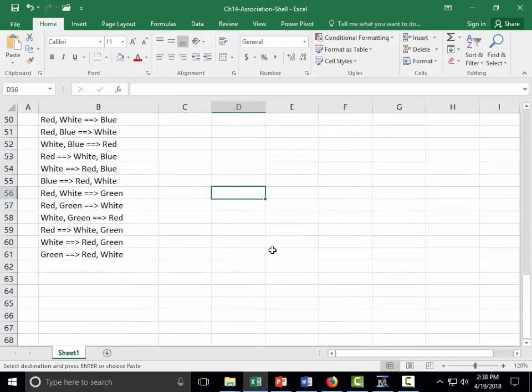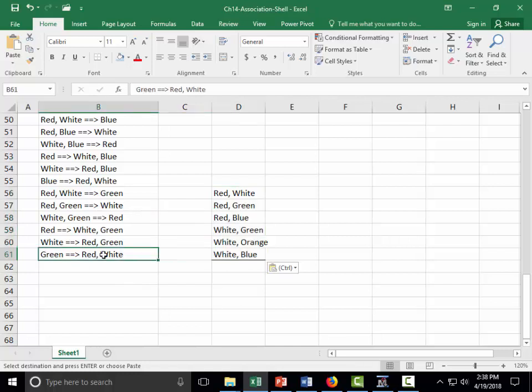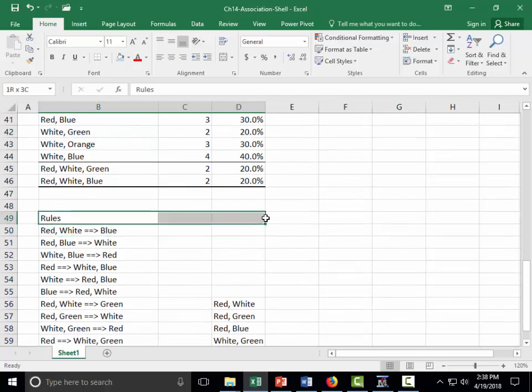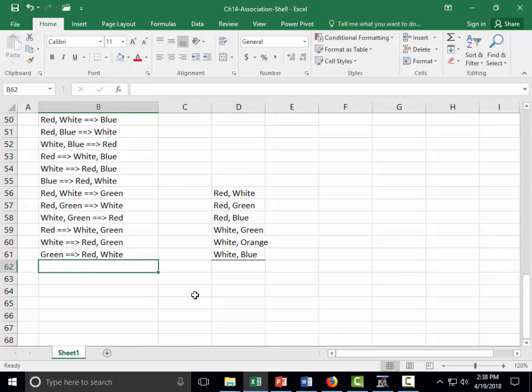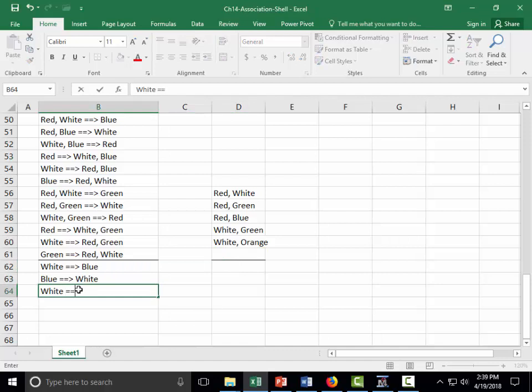Now we need to look at these. I'm going to copy paste here so we don't have to scroll back up again. So this is the three item rules generated from three item sets, right? All right. So now rules from two item sets, and again let's go from the bottom. So we have white means blue, and then the other way around, blue means white. Okay, so that takes care of that. And then white means orange, orange means white,